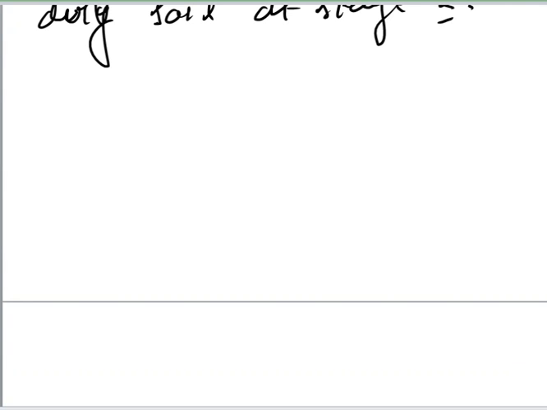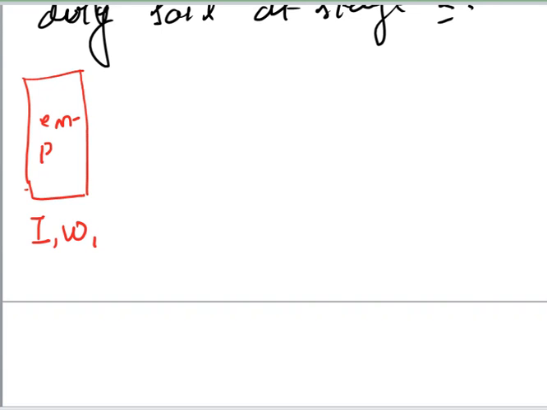So let me draw some pycnometer jars. Let this be the first one, first stage. Let the weight be W1, the empty bottle, the empty one. Now this is the second pycnometer bottle